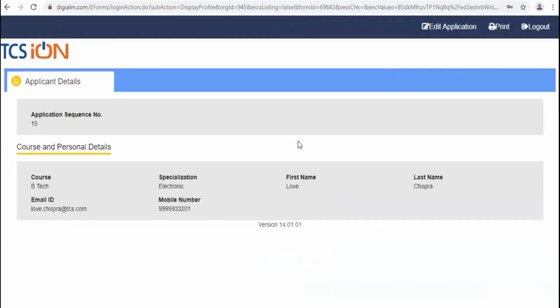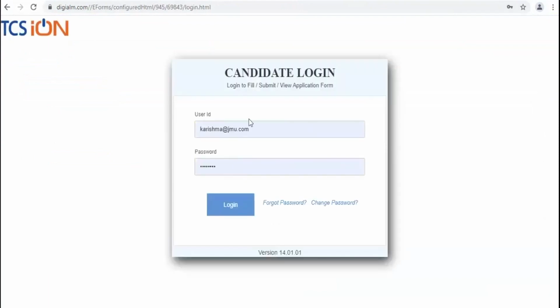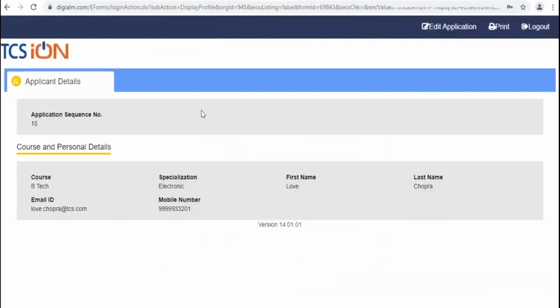form. Once they log in using their unique login credentials, on this particular page, if I show you, candidates would have to use their unique login credentials being pushed on their email ID, and they can further proceed with filling up the application form. If I click on this edit application, the entire application form opens, and this application form can also be designed as per your requirement.